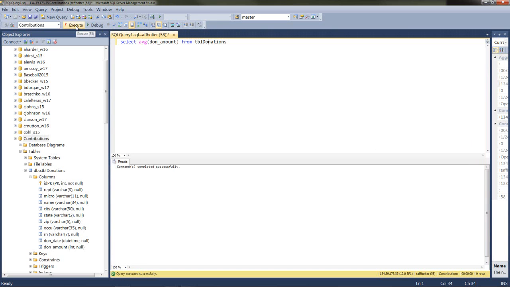Let's execute it. Oh, and I got a mistake here. My mistake is I have no column header, so let's make sure I do that. So I think I'm just going to use a shortcut method here. We'll call it donation amount. And I better put average in front of that. So AVG, and again, let's check it and execute it. And notice now that in the entire table, and there's almost 1 million records that exist in this table, $862